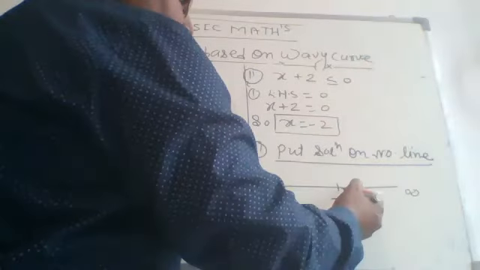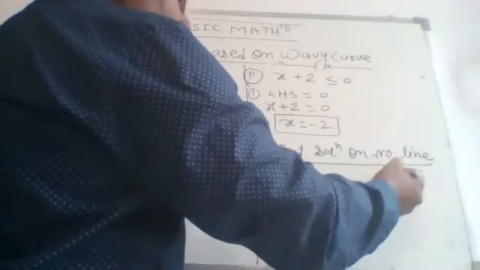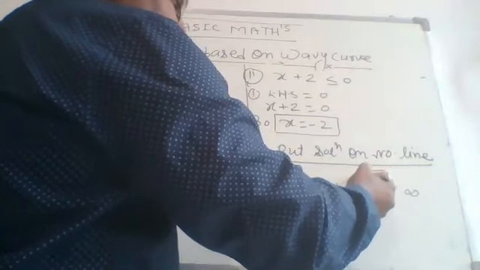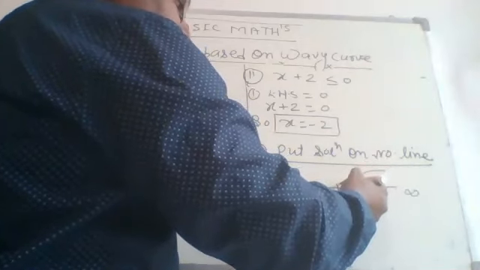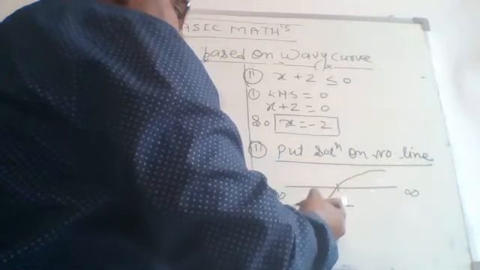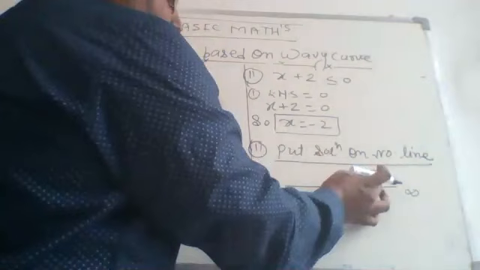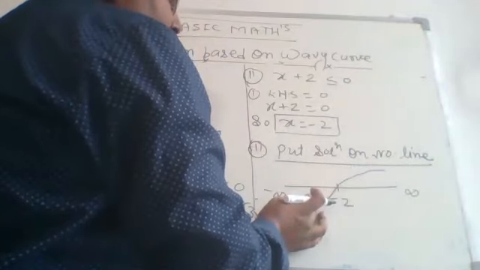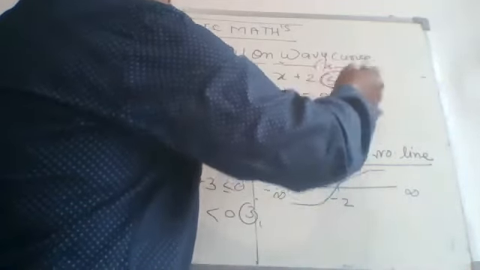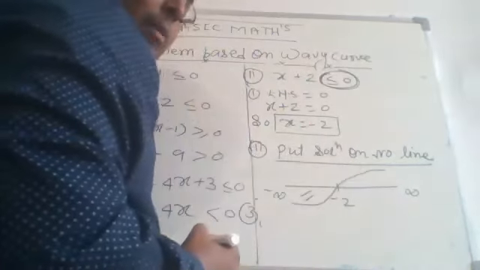Now we have to draw the wavy curve from the right of the rightmost solution and above the number line, from this side. Then the solution is on the number line, so the wavy curve will pass through this. Then, as there is no further solution, it is going to be terminated at minus infinity. Now there are two portions above the number line and this one is below the number line. According to the inequality, the lesser sign is there. So that's why we have to take the portion below the number line over here.